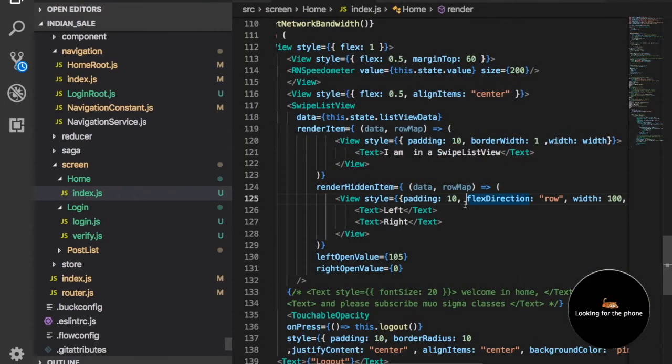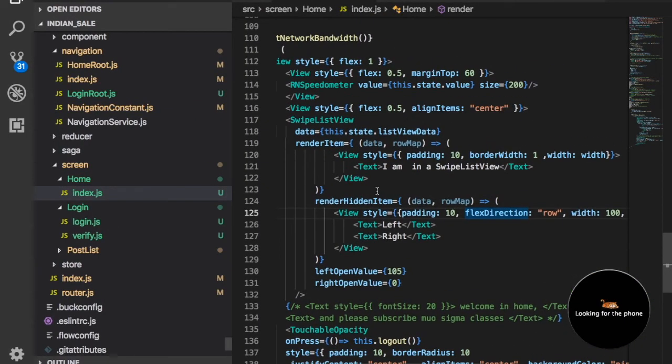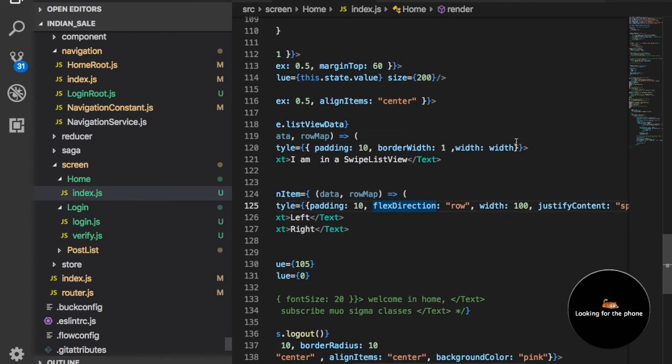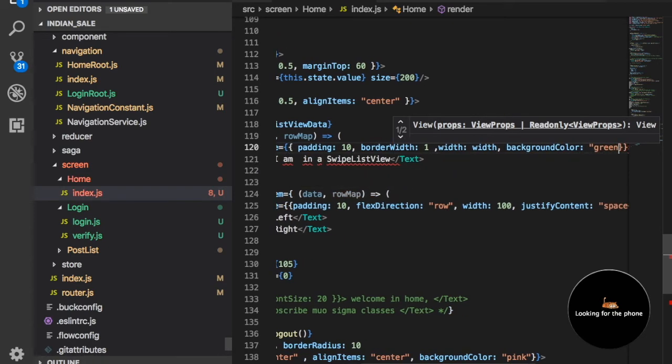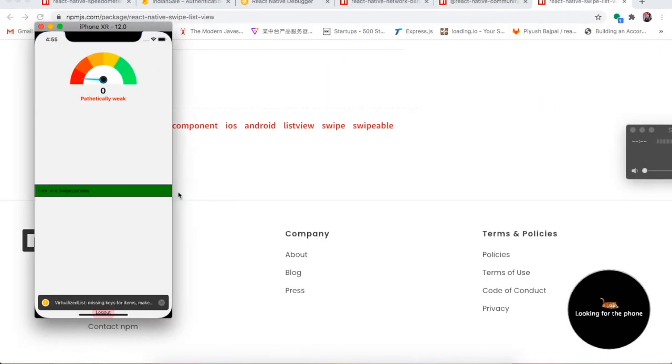On this view I'm going to put a background color, let's say green. This is the list you can see here right now. If I swipe right, then you can see we have this left and this right.